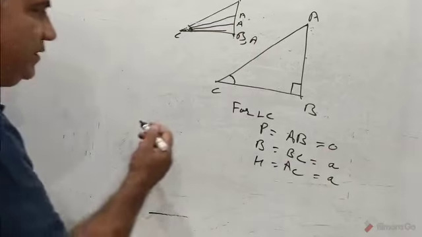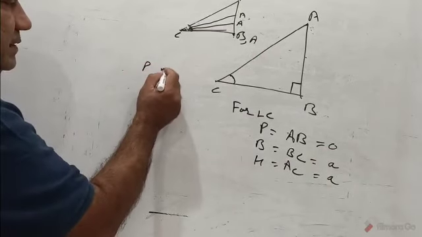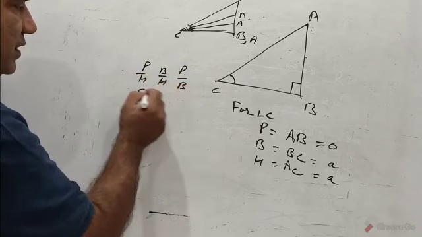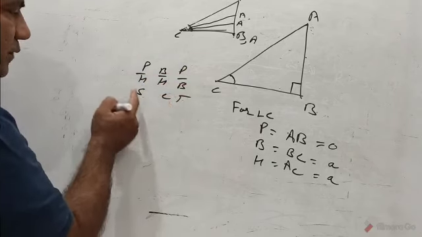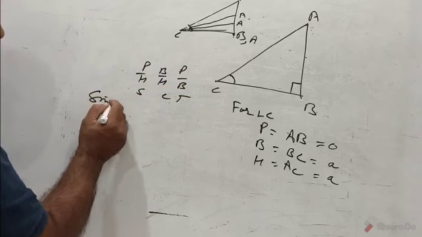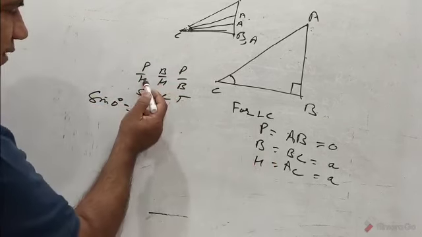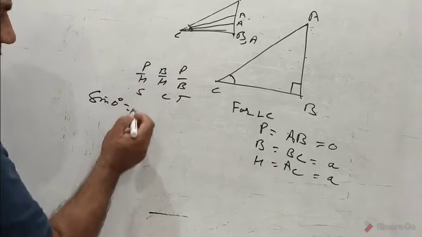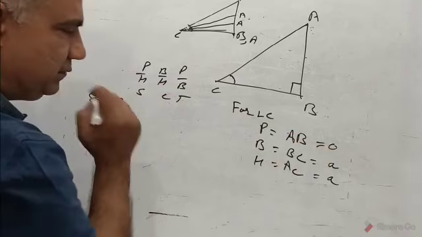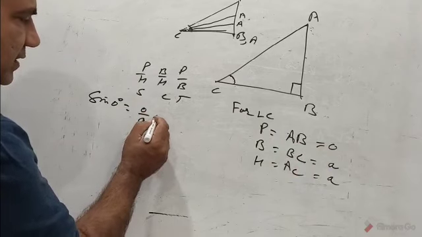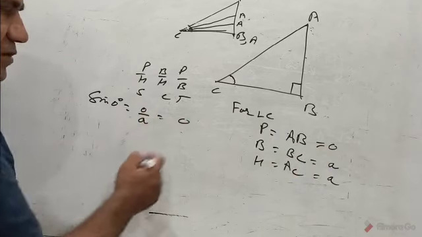Now having done that, we will see. Pandit Badri Prasad Har Har Bole Sona Chandi Tole. So to find out sine of angle 0 degree, you need to write P upon H. This is for sine, P upon H. So here P upon H is what? That is 0 upon A. That is 0. So sine 0 is 0.